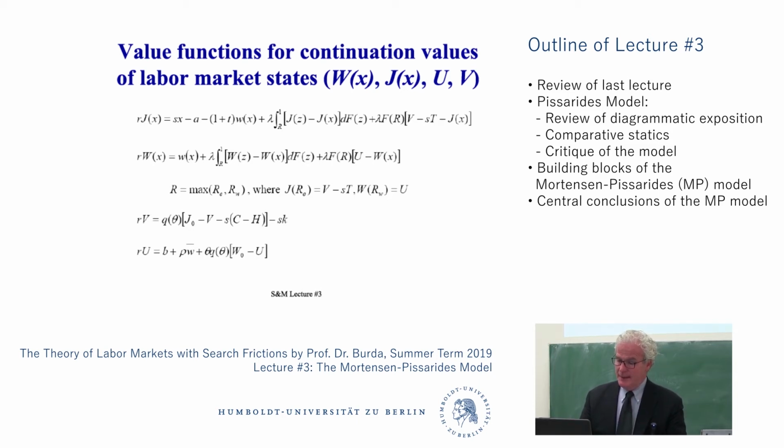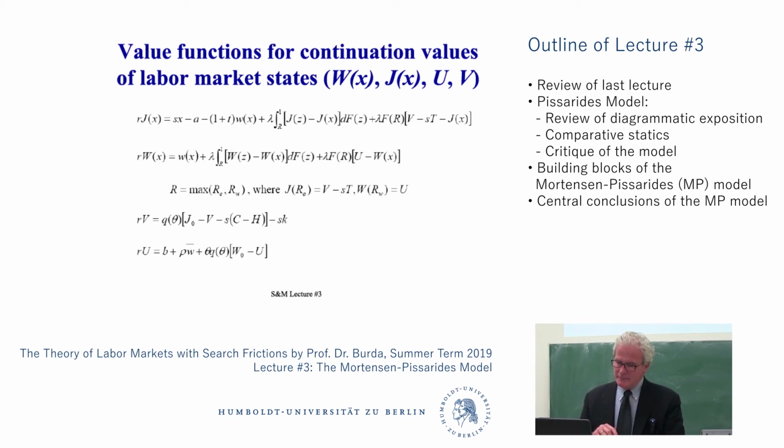So I'm integrating over the density of the realization of X, which is dF, capital F, shorthand for little f of X dx, or f of z dz. Okay, so that second term, that integral, is supposed to be the expected value of continuing with this worker at a new value of X that I don't know. I just know that I've drawn one that's favorable to me. It's above R. Okay, so that's the threesome in the Pissarides world.